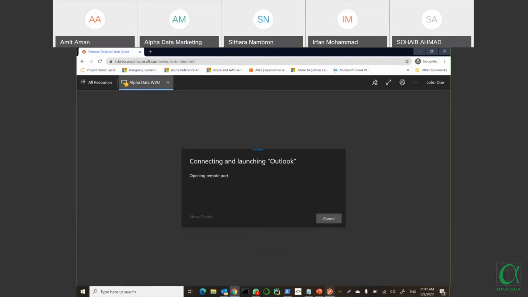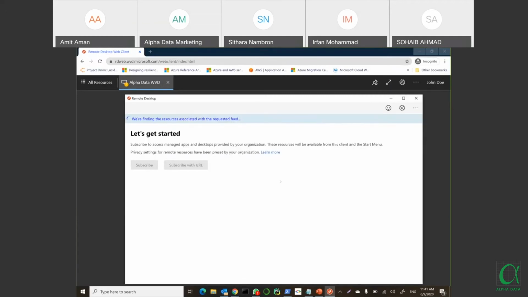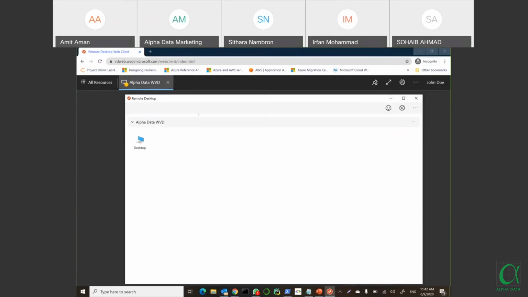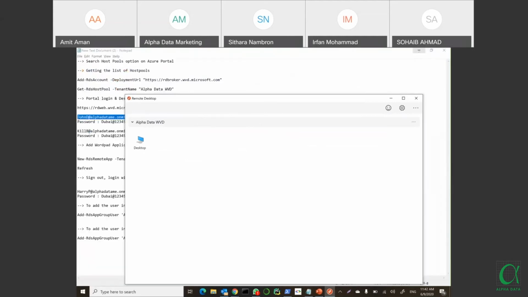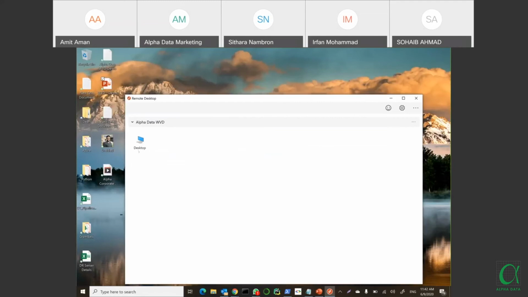Okay, so this is the way we will create it. It is giving me some connection credential issue. All right, so you can see that I have logged in here with another user. Let me minimize it so that you can understand it in a nice way. For this user, only this desktop option is available.